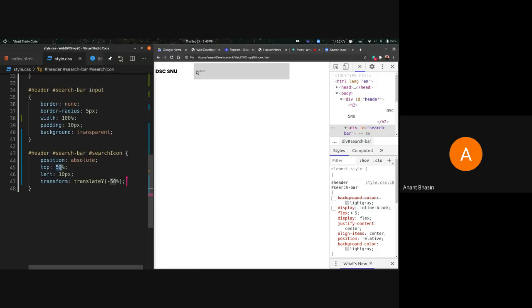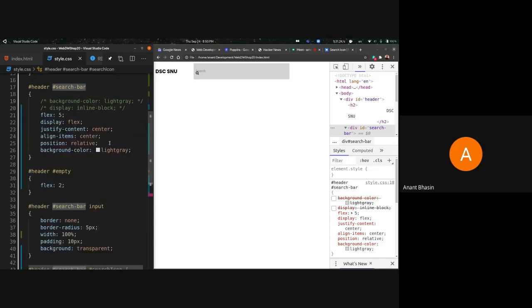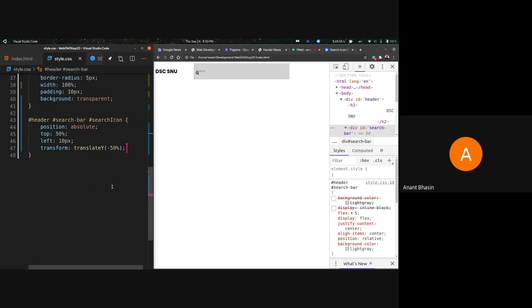So the percentage is 50% of the search bar, since the search icon is directly inside the search bar, and the search bar is position relative, which we defined over here. And the transform's minus 50% is taking its own height. So it's first positioning it from the top 50%, as it is in the web page right now, and then when I reload, it's going to move half of its own height up.